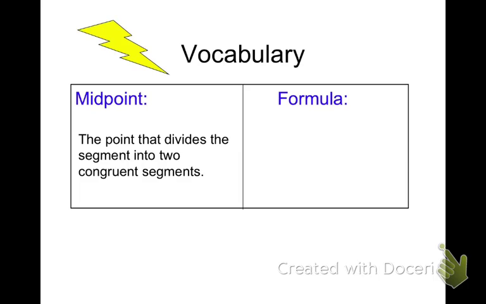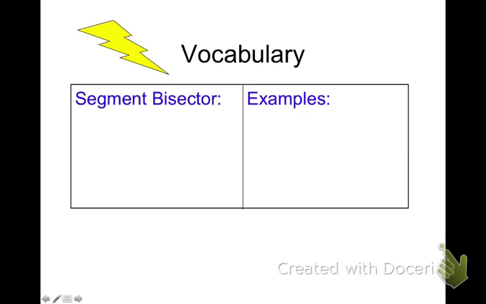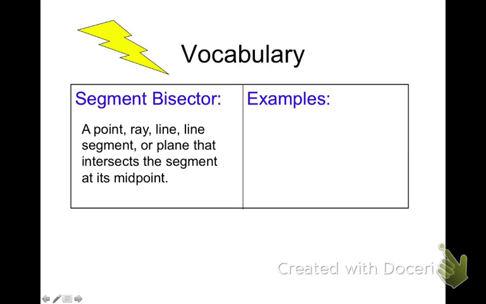Okay, so 1.5, 1.5. So it divides the segment into 2 congruent segments. That's a midpoint. Now we're going to add something new into our vocabulary, which is called a segment bisector. And a segment bisector can be a point, which means it would just be a midpoint, a ray, line, segment, or a plane, which we don't really see planes too often, bisecting something,